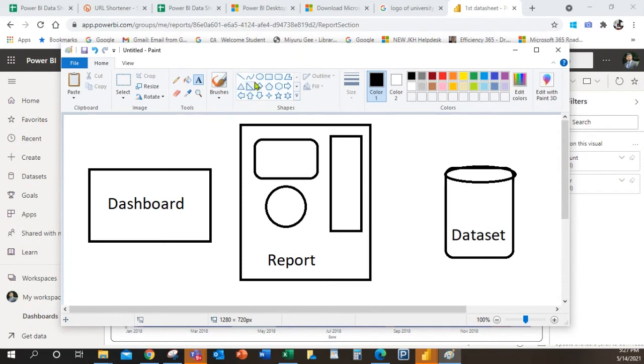Now, data set is used for the report, then report is used for the dashboard. The front end, the user end, is the dashboard, but the dashboard will redirect to the report. But this data set is the back end, so the end user can't see the data set. Now you understand what the components are here.